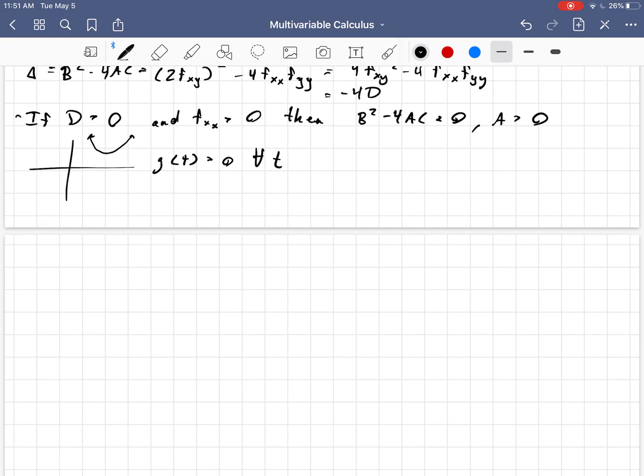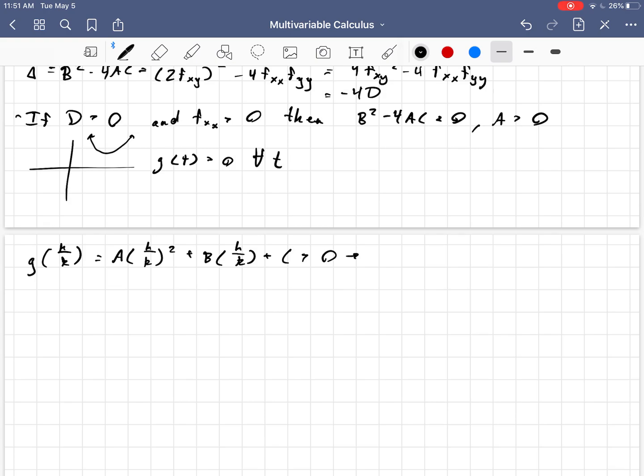So if we consider then g of h over k, then what we get is, obviously we just plug in, we get a times h over k squared plus b times h over k plus c, and that's going to be greater than 0. And so that implies that